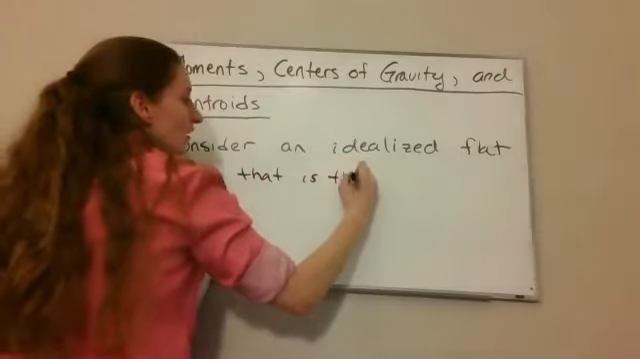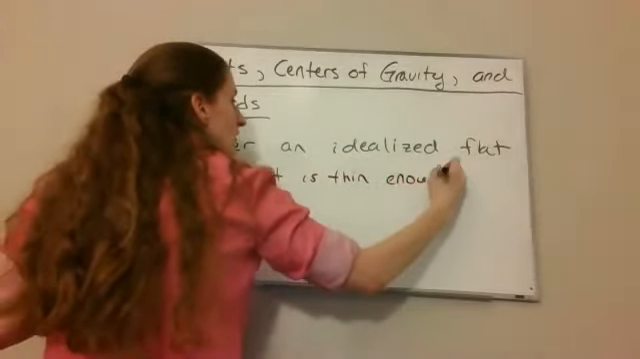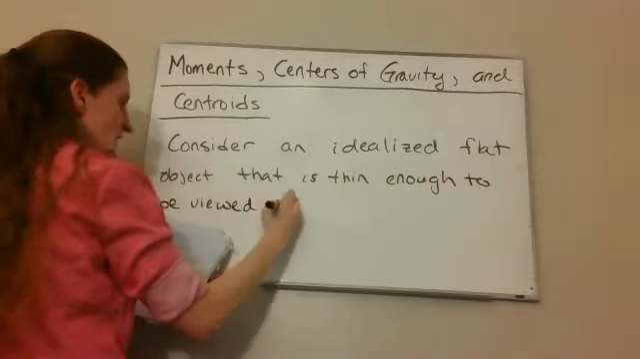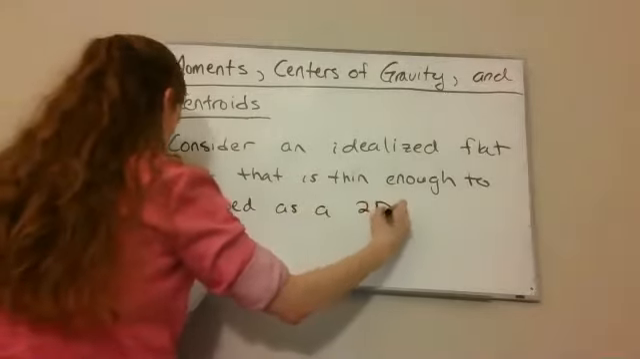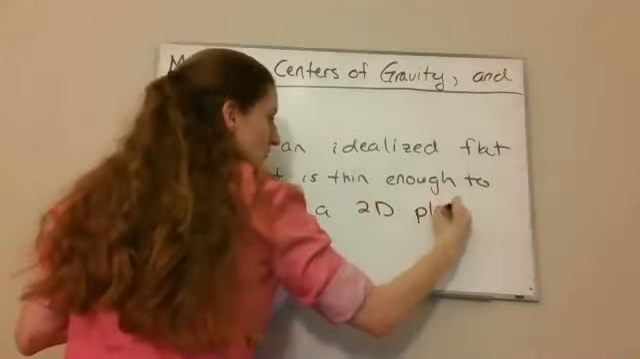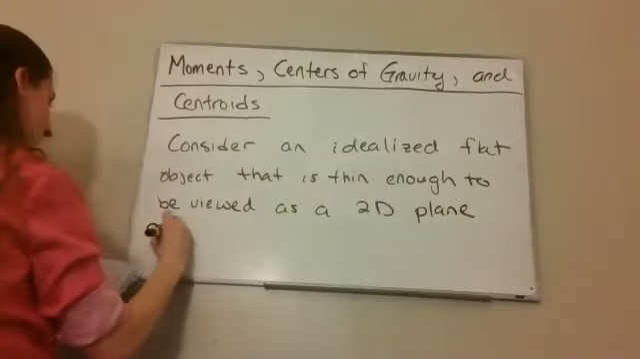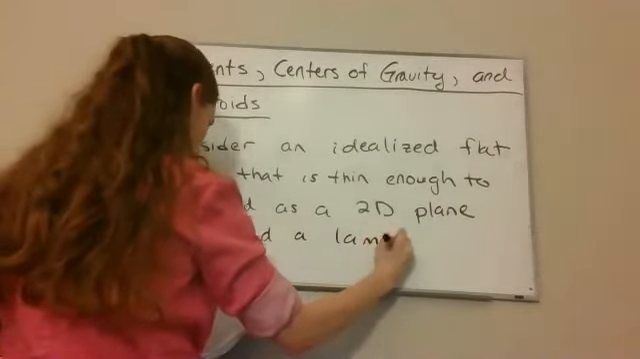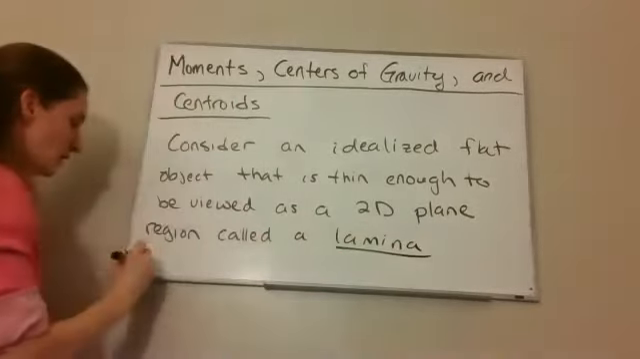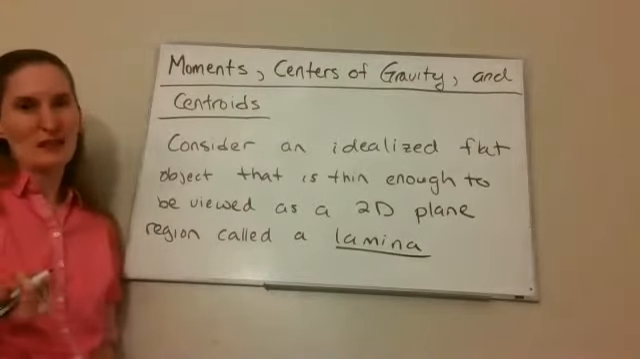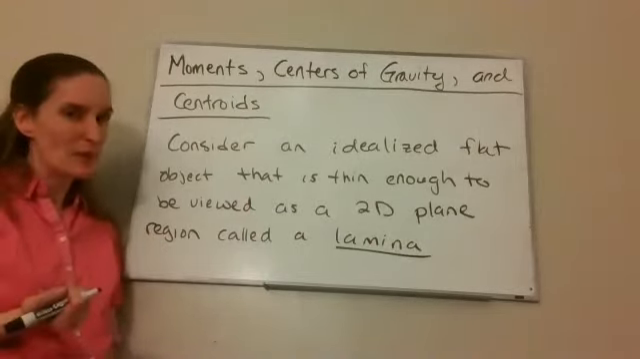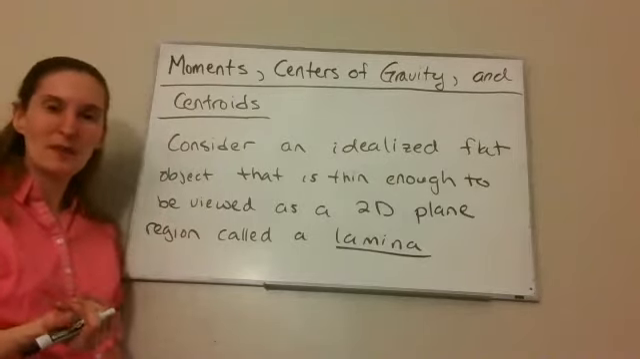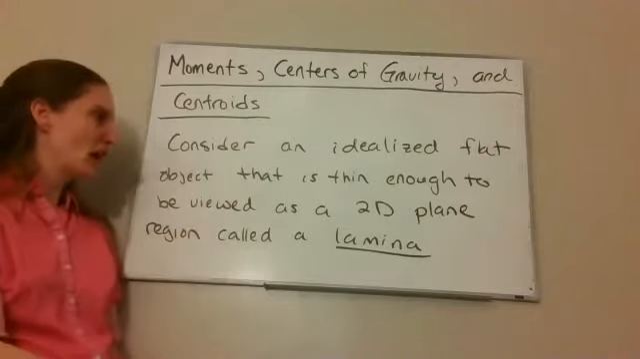That is thin enough to be viewed as a 2D plane region, called a lamina. And so you can think of this kind of like a very, very thin piece of paper. You can think of it as two-dimensional. It doesn't have to be rectangular like a piece of paper, but some very, very flat object that is very,